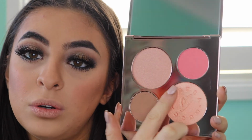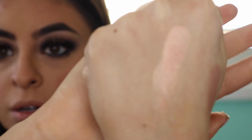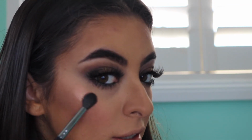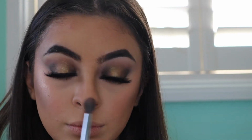I sort of do a swatch. Oh, damn, she's pigmented. That's so pretty. Okay, I'm putting this all over my face. So I'm going to take my Morphe M330 brush, and I'm gonna go into town with this really pretty highlighter. And I do want some inner corner highlight, so I'm just taking...